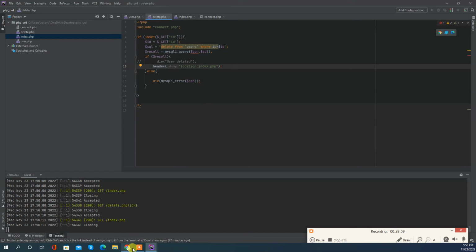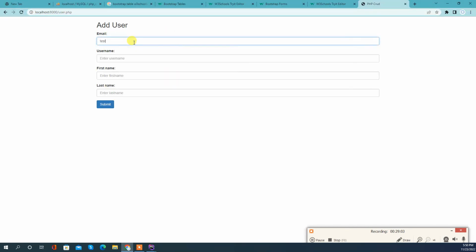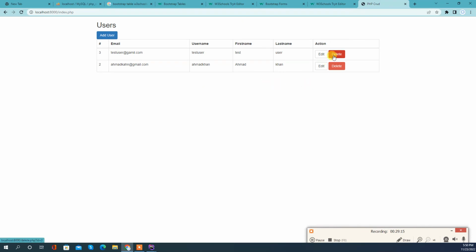So let's try to create another user, test user at gmail.com, test user, try to save it. Let's try to delete it. So you can see after deletion it's back to the same page. So let's move to the index and edit page,